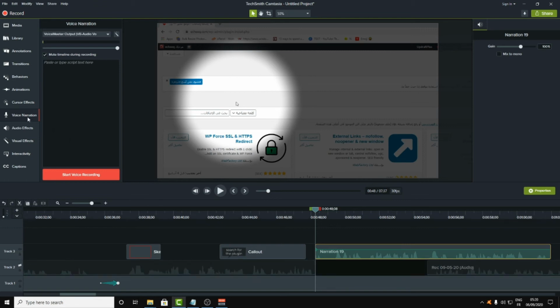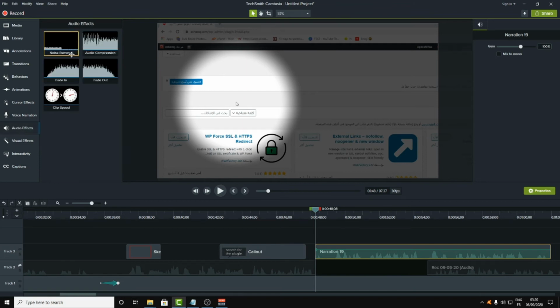Click on stop and save this file, and then everything will be in order. And now in this tab here, the audio effect, this will give you the possibility to add some audio effect to your recording. For example, I will